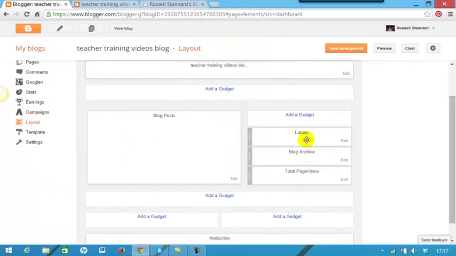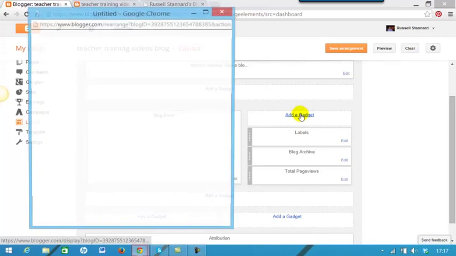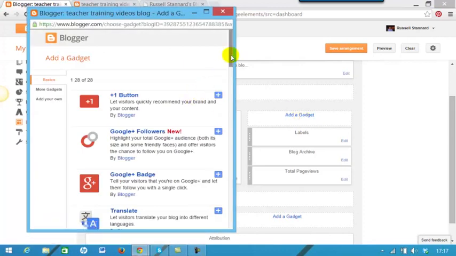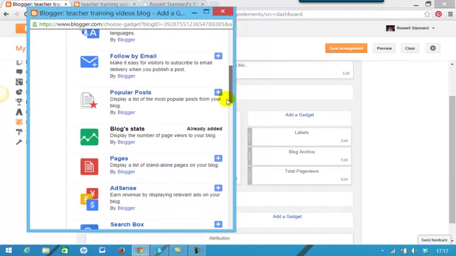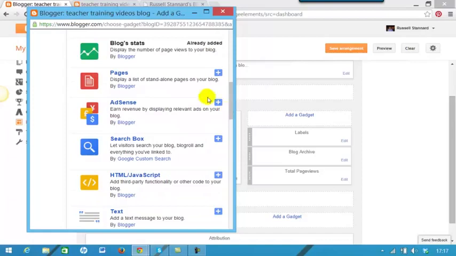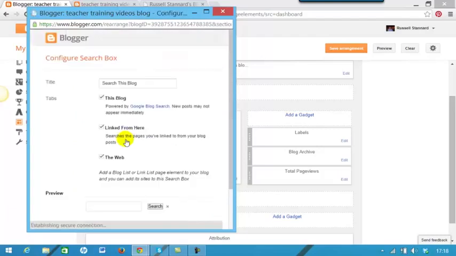I want my labels first, because my labels are to do with actually finding the content. So those are really important. And I'm going to add one more label, which is a search engine. Always worth having a search engine. When you've got a very small blog like this, it's very unlikely that the search engine is going to be of particular interest. But if you want to, just click here, you can add a search box, and it will link